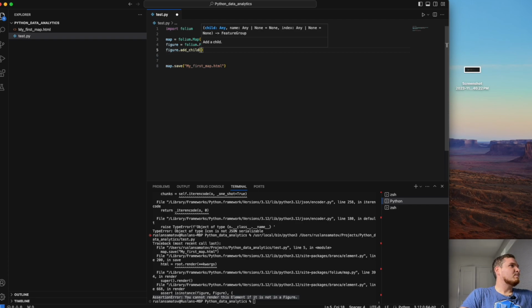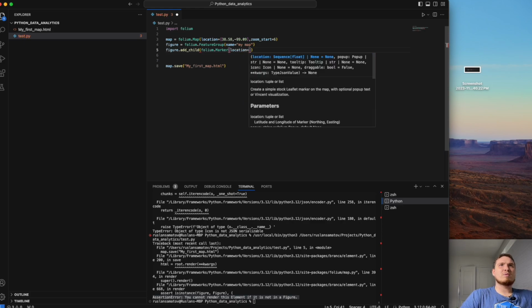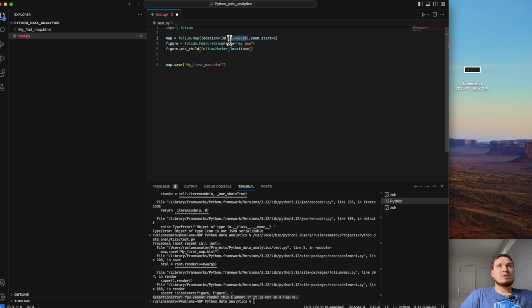Folium marker. Then for this marker we will pass the parameter location, same thing which we did before. Let me copy it from a tab, and let me randomly update it.